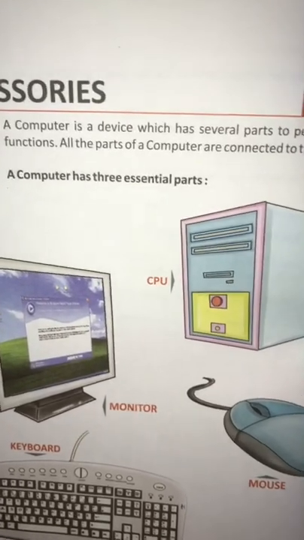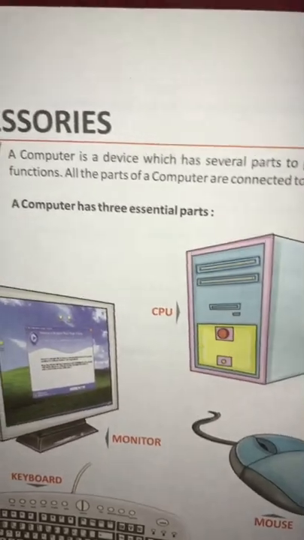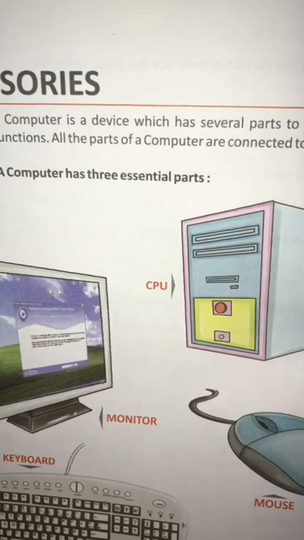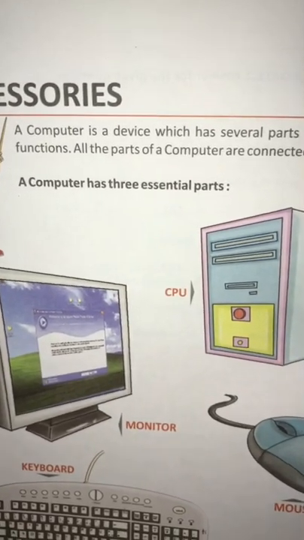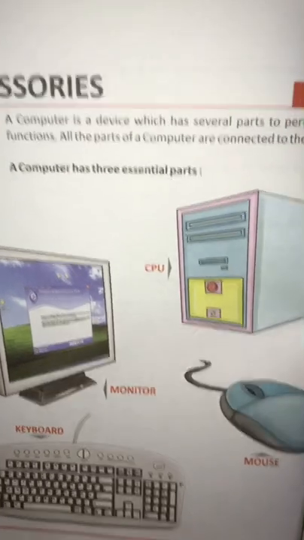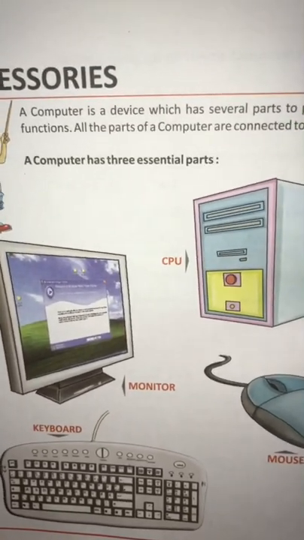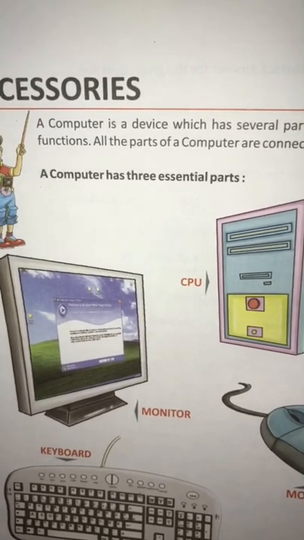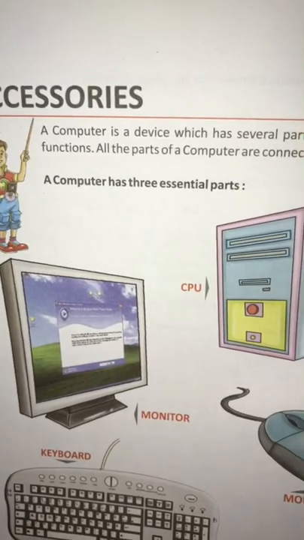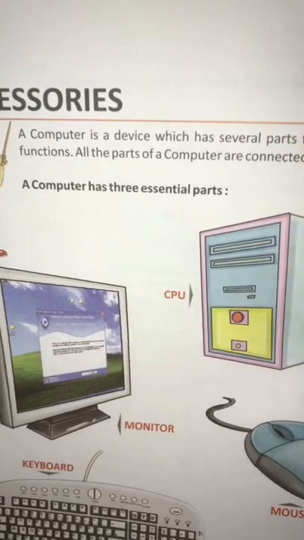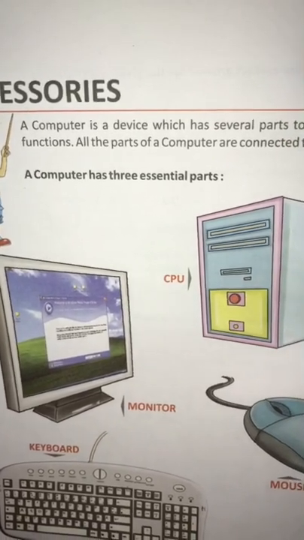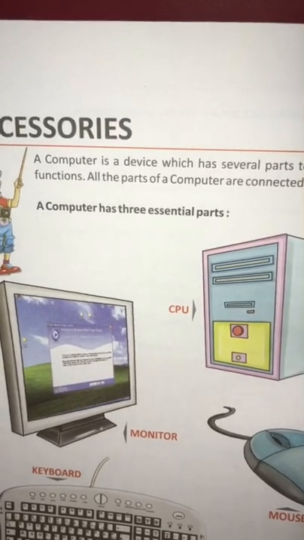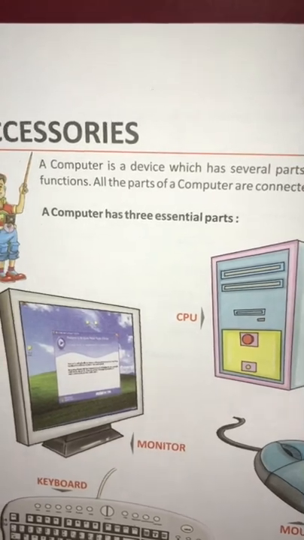Others, such as graphic tablets and barcode readers, and there are many accessories available nowadays, may be useful for special tasks. We know the function of a barcode reader: when we go shopping, the shopkeeper scans the price of a product with the help of a barcode reader, and hence they are also called price scanners. Computer accessories are also called computer peripherals, scanners and storage devices.